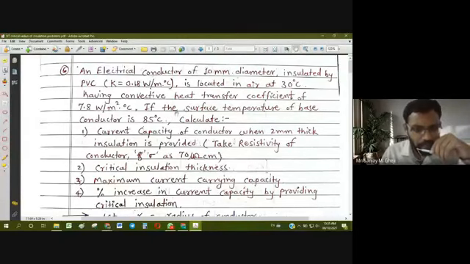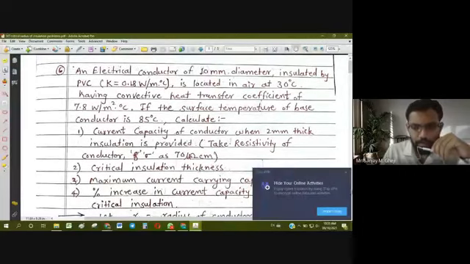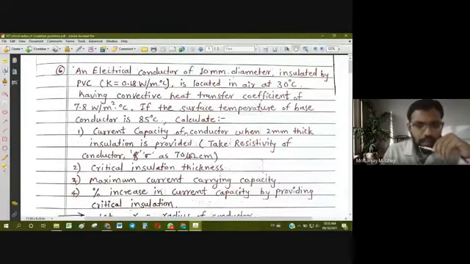Okay. Particularly in mechanical systems, we have pipe flows where a pipe is carrying some hot fluid or cold fluid, and heat transfer may occur from inside to outside or from outside to inside depending upon temperature difference, and that we certainly want to reduce or want to prevent. So that is why insulation is provided. So the purpose of insulation in case of mechanical systems is always to reduce the heat transfer rate.